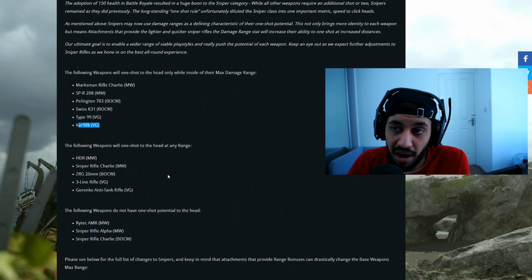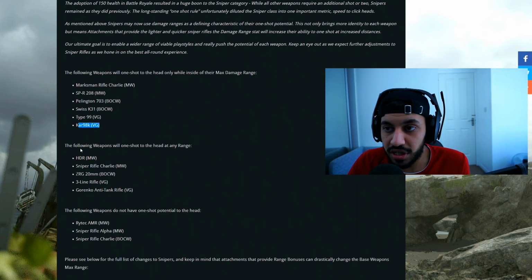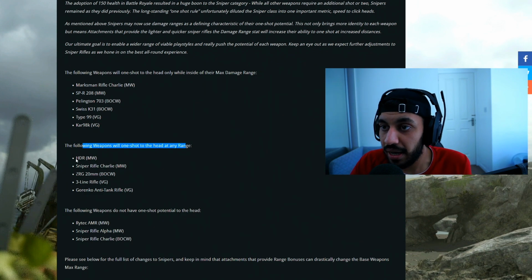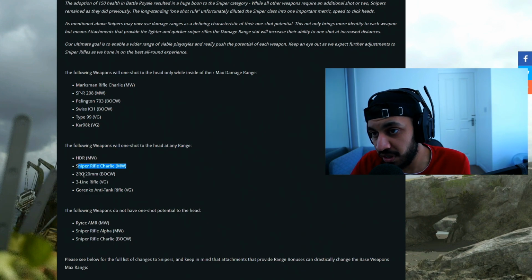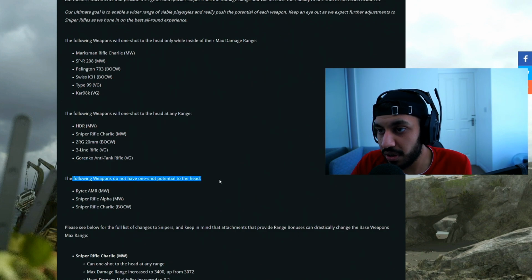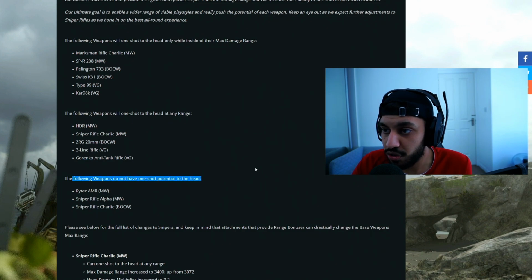Then everyone's going to be able to use the long range sniper rifle, so the HDR. So these weapons will one shot to the head at any range. This is the HDR, Sniper Rifle Charlie from Modern Warfare, which is the AX50, ZRG, 3-line rifle, and Grenko anti-tank rifle. And then we've got the following weapons do not have a one-shot potential to the head at all,